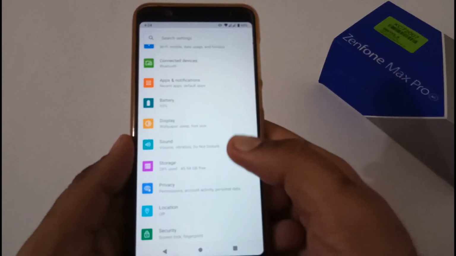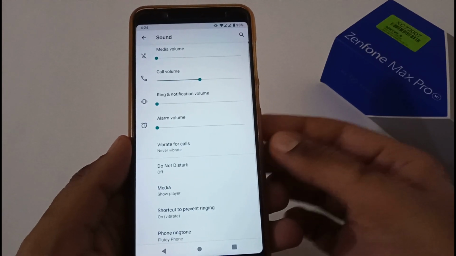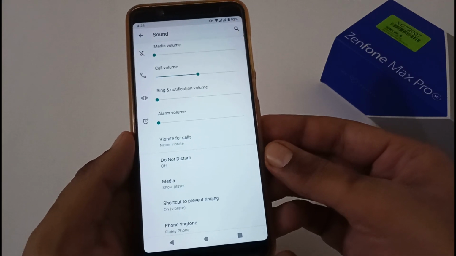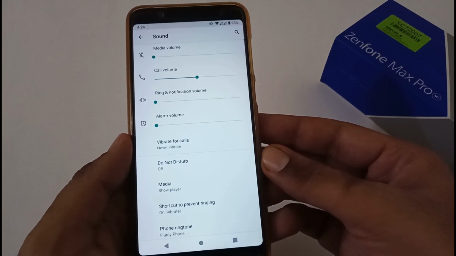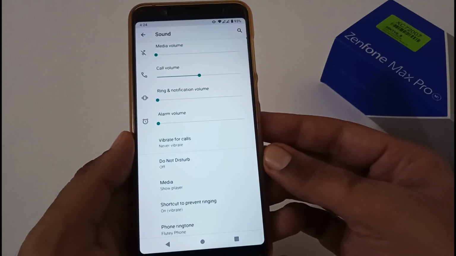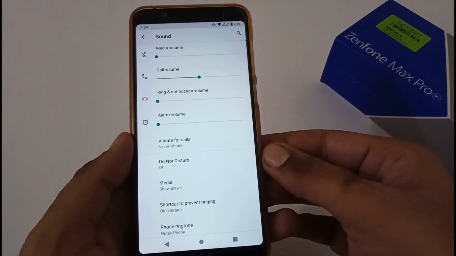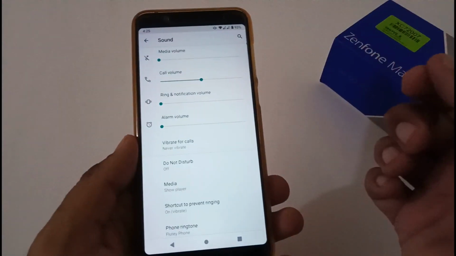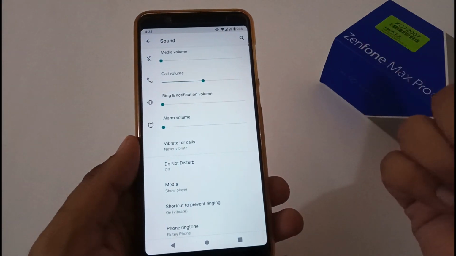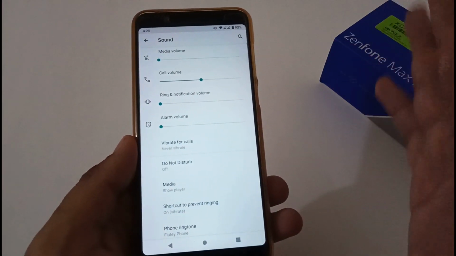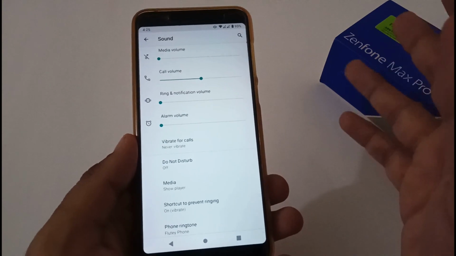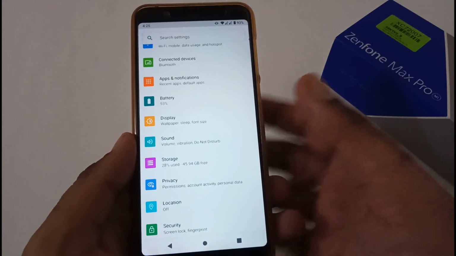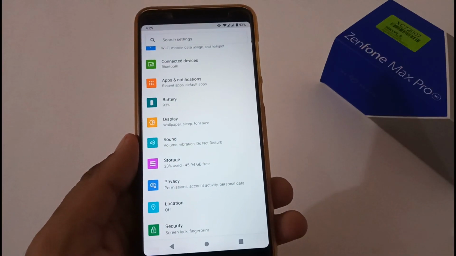After the storage section, now let's move to the sound section. I'm using version 087 firmware, because the developer recommends that you use the latest version. With respect to Android Pie, I'm using 087. Whatever sound quality or audio quality I'm getting in 087 is the same I'm getting in this particular version. If you use 084, 082, or maybe some Android 10 beta version, although I haven't tested with the Android 10 beta versions, you might see the same audio quality and sound quality with respect to their corresponding firmware versions.